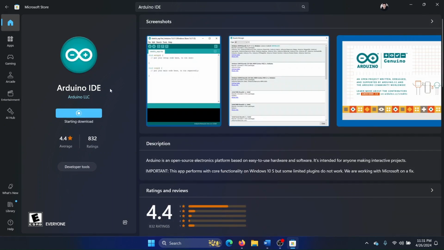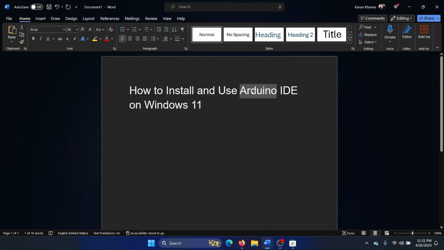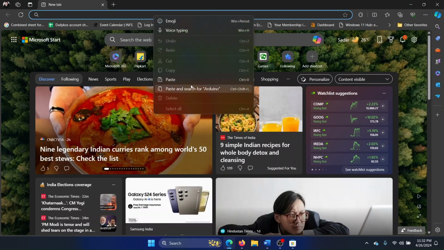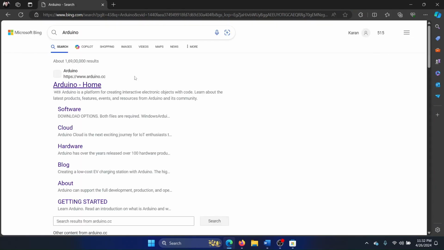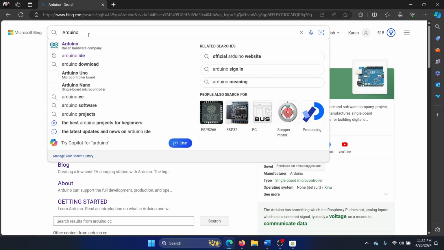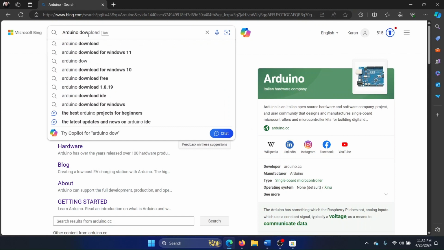Microsoft Store. But if you don't want to do it this way, then another method is to search for it in the Bing search bar. For this, open Microsoft Edge and type it in the Bing search bar and then add the word download to